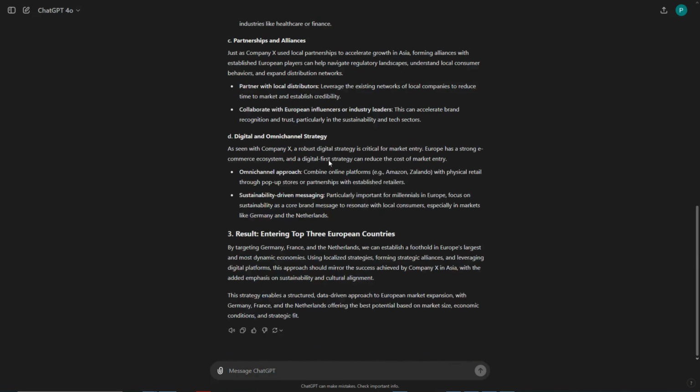And then we have result, that is entering the top 3 European countries, which is the final outcome achieved by mirroring the success achieved by company X. Now you could add your own example company and come up with really fantastic outputs. But the whole point of this framework is that by including context and examples, the CARE framework allows the AI model to provide more informed and detailed responses.